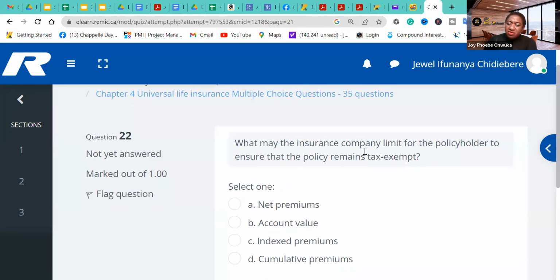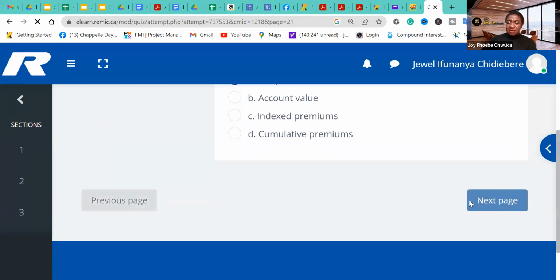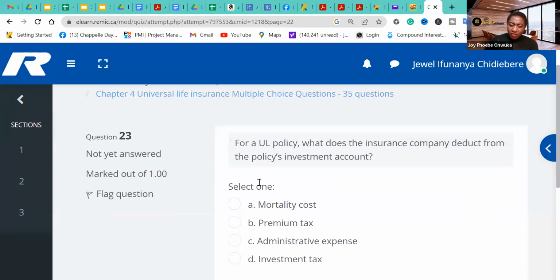What may the insurance company limit for the policyholder to ensure that the policy remains tax exempt? Net premium, account value, index premium, cumulative premium. It's net premium, I would say. But again, guys, for a UL policy,